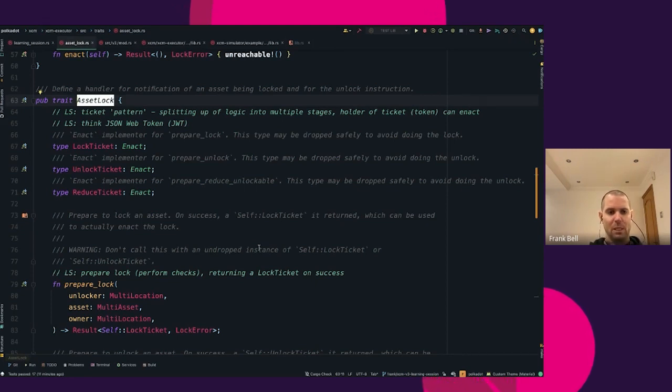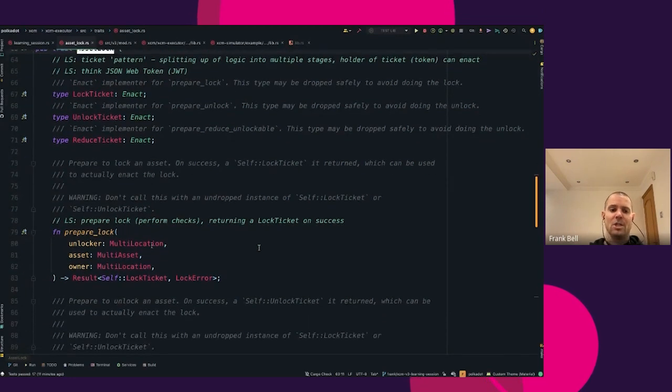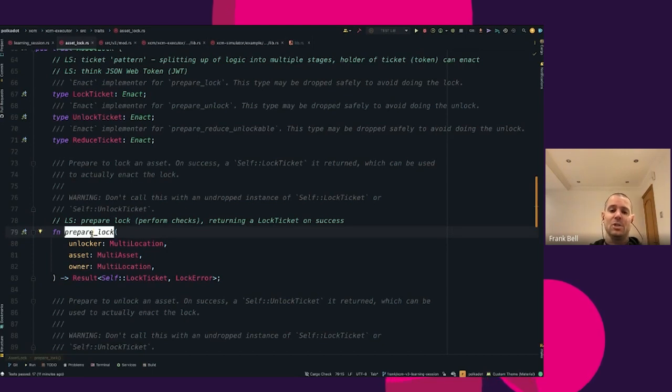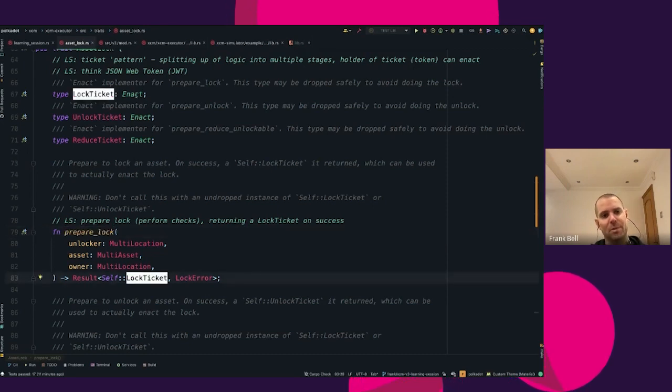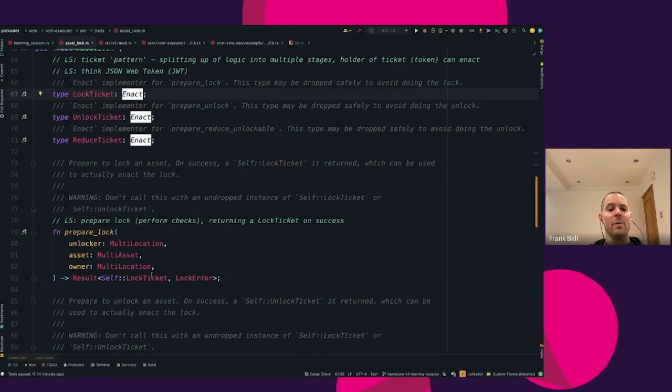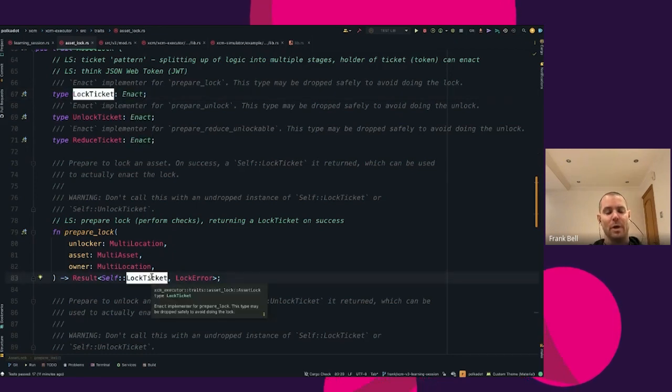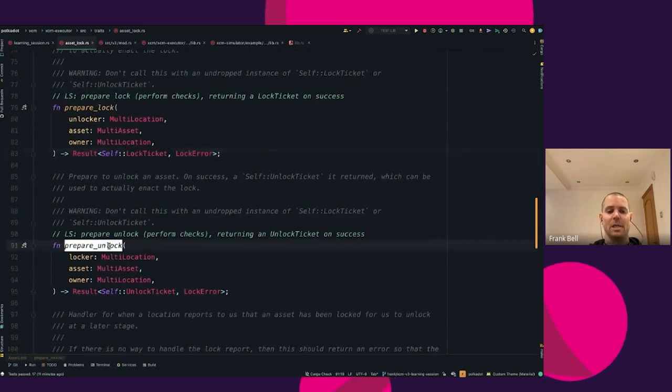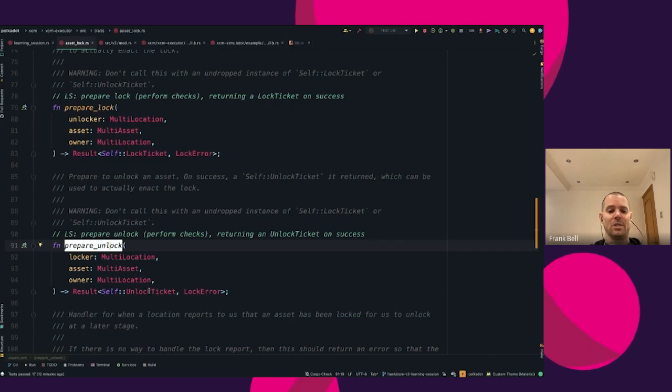So just as an example, looking into this trait a bit more, we've got prepare lock, which is going to perform some checks before we actually get the lock, and then return a lock ticket that allows us to call enact on the ticket when we're ready to enact the lock. And then a similar function is available for unlocking, where we first prepare to unlock, and that again is just going to validate it, make sure everything's as expected and the state is correct,